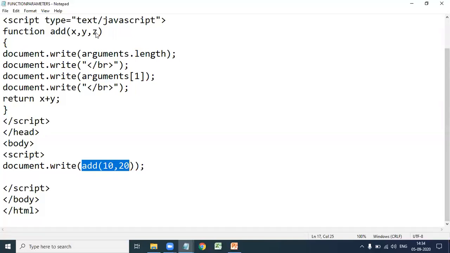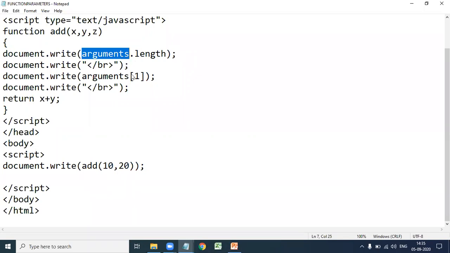Next, arguments. This property is used to find the number of actual parameters. The arguments property is applied on actual parameters. So arguments dot length returns the number of actual parameters.